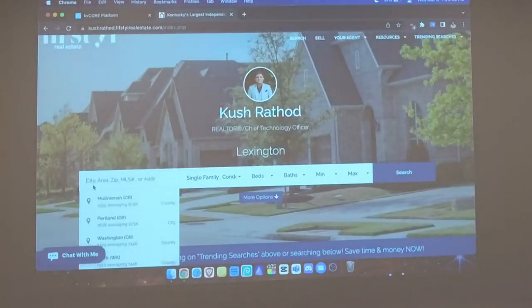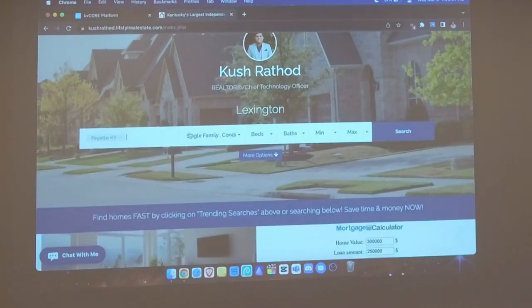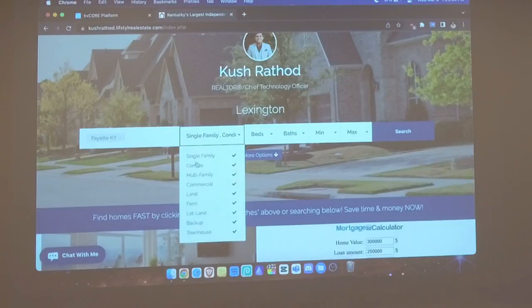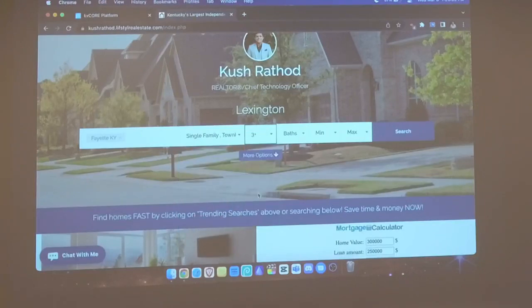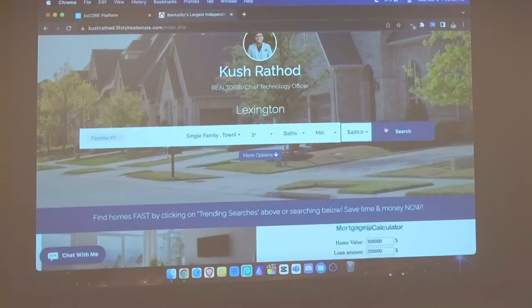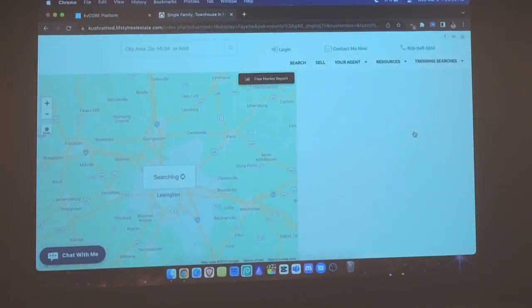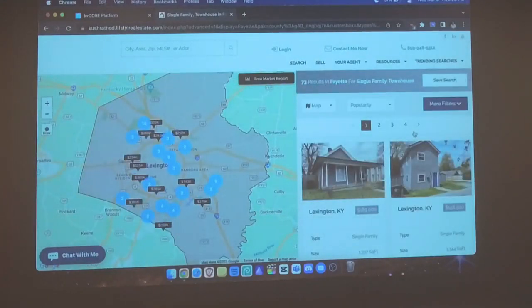So, wow, okay, I'm getting Oregon and Washington. Oh, because of Coos Bay, nice. Let's turn all of this off, all of it. Okay, I'm looking for a single family or townhouse with at least 3 bedrooms, max 400, because this is Lexington. Search. Okay, so we got 73, and what I meant by that, popularity,